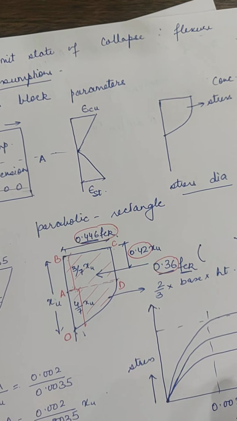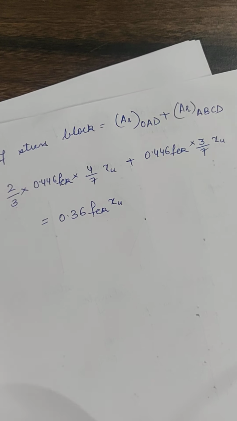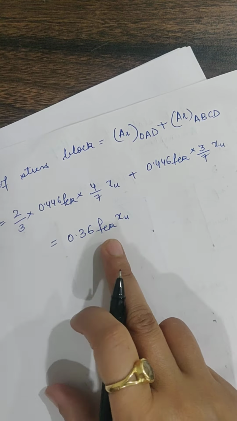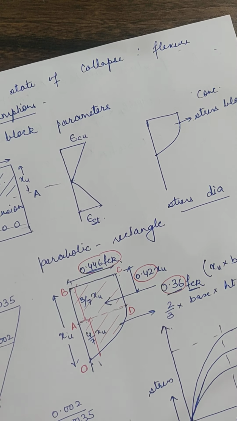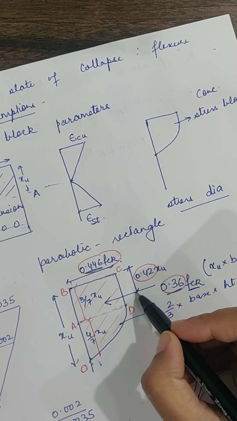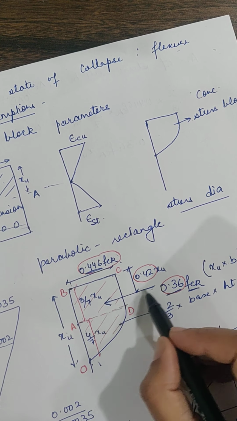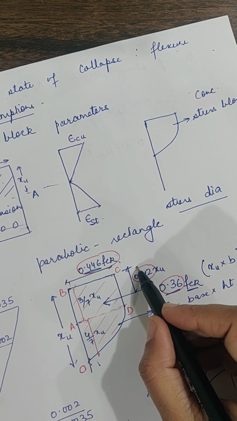So therefore, in order to convert this stress into force, I will simply be multiplying it with this particular factor. Is it okay? Clear? So this parameter is not a magic number. It has come from simple calculations of the area of the stress block. Now the third parameter that is required is the depth of the CG of this force from the top.